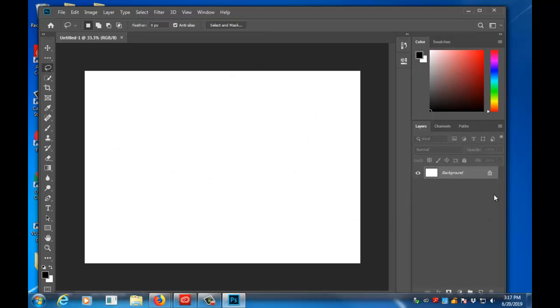On the right side are the palettes that you'll use for the images. The one that's probably used the most is the layer palette. The palettes are basically opened under the Window menu at the top. So when I select Window,